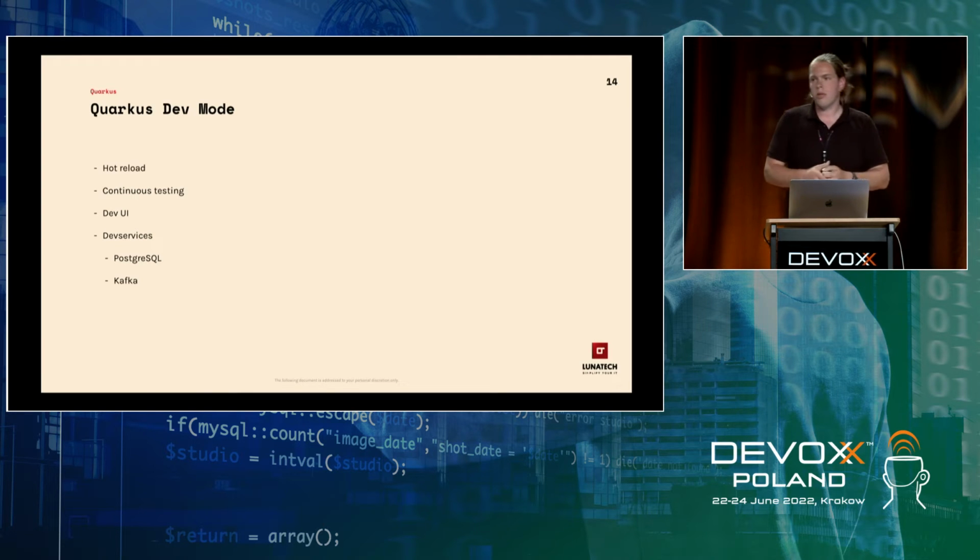of dev services. Lots of time in a project you spend setting up a database on your local dev machine or on a testing environment. Then you need to clean that data, keep some state. With dev services, it's really easy. I'll show you in a bit as well. It just spins up some Docker containers for you using Testcontainers during dev mode, where you have, for example, data services like Postgres or Kafka, or Keycloak if you want. And if you then run some tests, it spins up another Postgres container for you to run those tests against. So that's why your test environment is locally isolated from your dev environment as well.